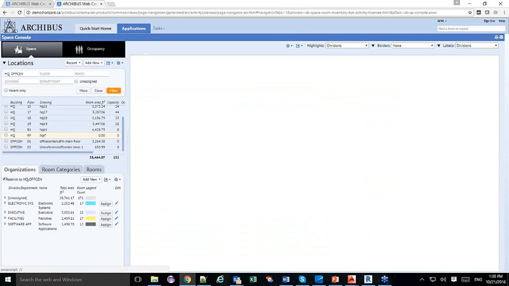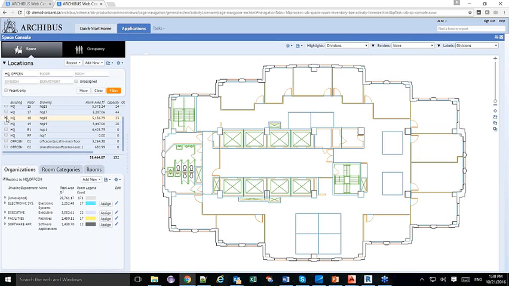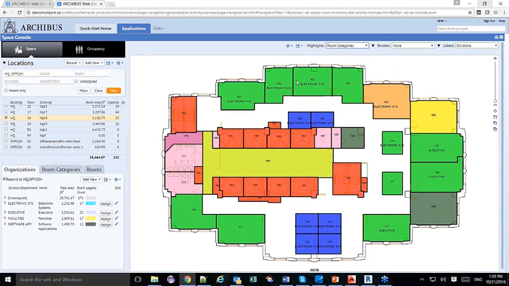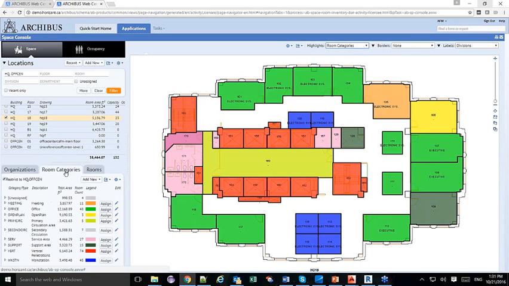And I'm going to show you two outputs, basically. The first output is a drawing that's actually done and handled through AutoCAD. So what you're seeing is we're doing some highlights, and right now we're just going to showcase a quick Archibus functionality where we can highlight that data, show us all our room data, and I can switch to a tab that lets me correspond that room data back to the actual drawing. If I switch over,